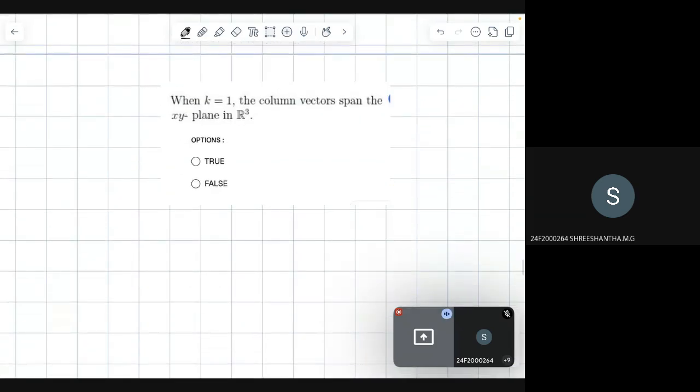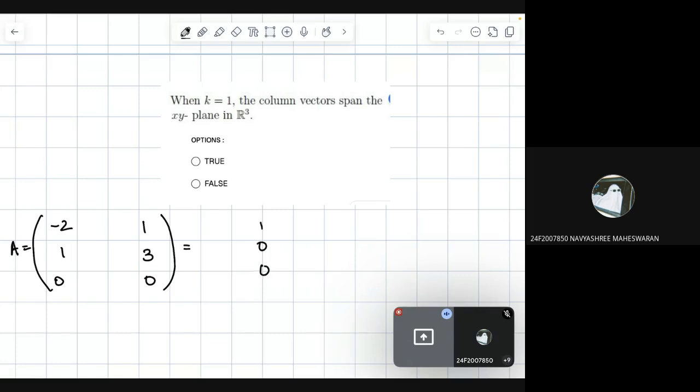Right, so the next is when k is equal to 1. When k is equal to 1, the matrix A becomes minus 2, 1, 1, 3, 0, 0. Then the column vectors span the xy plane in R3. Right? Because the rank is clearly 2, you can write this as a linear combination